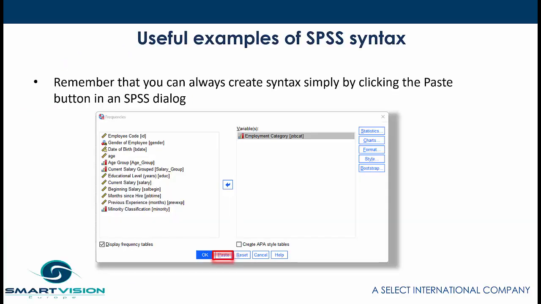And you should remember that you can always create syntax simply by clicking the paste button in an SPSS dialog. That's a really simple way to create a syntax job. It's also a great way to learn how the syntax is structured in a given procedure. And it's a good way to get started if you want to edit the syntax or maybe add a subcommand